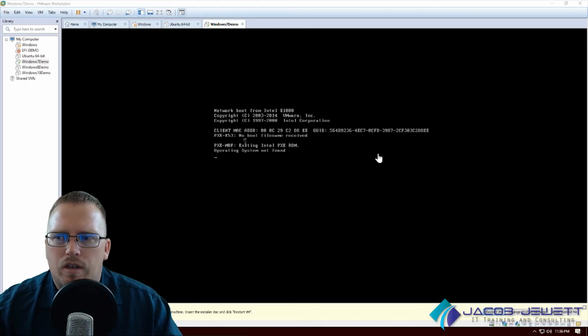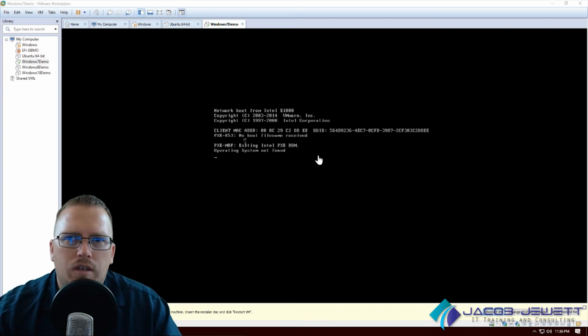So what I've got here is a virtual machine that I've started up so I can show you the BIOS program or CMOS interface. Now this is not a physical machine, this is a virtual machine, meaning it exists in software only. The great thing about virtual machines is you can test everything on them and not have a bunch of hardware around. And fortunately, one of the things I can test and show you is the BIOS in this operating system. So I'm going to click on here, and we're going to restart this